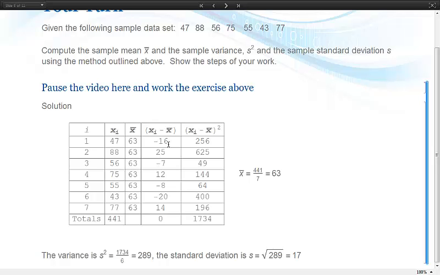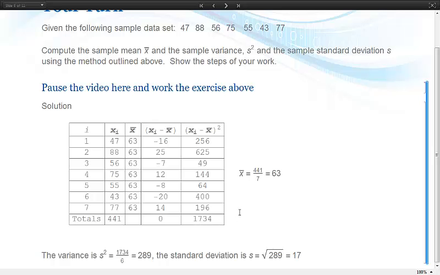So now to work toward computing the standard deviation, I take each of the deviations and square them. So the square of negative 16 is positive 256. The square of 25 is 625. Negative 7 times negative 7 is 49. 12 times 12 is 144. Negative 8 squared is 64. Negative 20 squared is positive 400, and 14 squared is 196. So when I add all these squared deviations up, my total of the squared deviations comes to